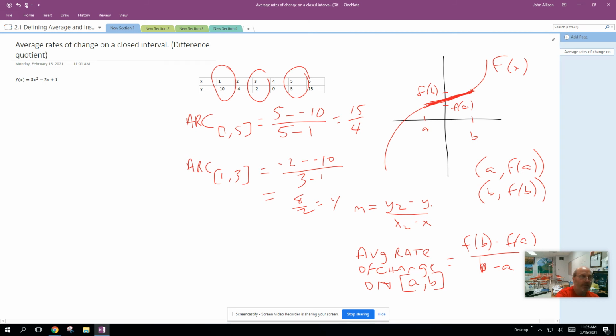Let's say you're given a function. We're going to do this analytically, and we want to find the average rate of change on the interval